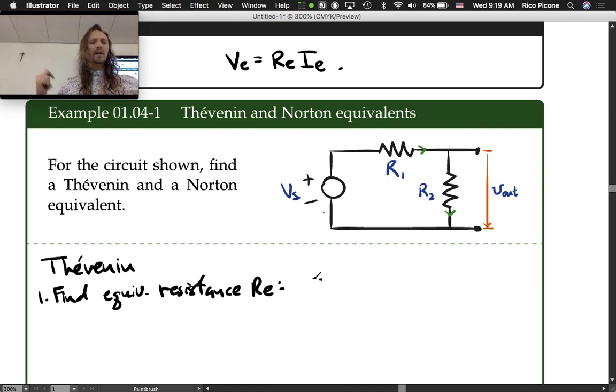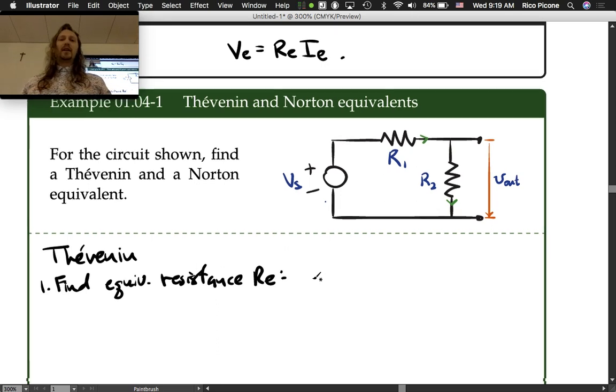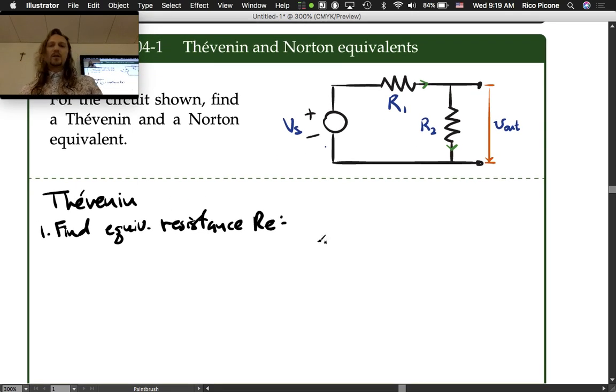So we set the sources equal to 0, right? How many sources are in this circuit? There's only the one. So we set that to 0. It's a voltage source. So how do we set a voltage source to 0? We put a wire. We short it out. So let's redraw the circuit. Maybe later we won't need to redraw it, but for now let's redraw it with the sources set to 0. So we replace the voltage source by a wire, and then we've got our R1